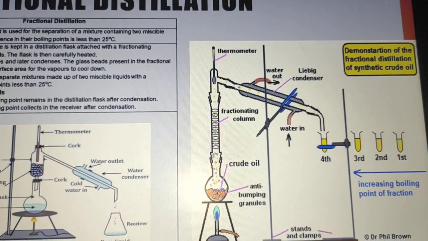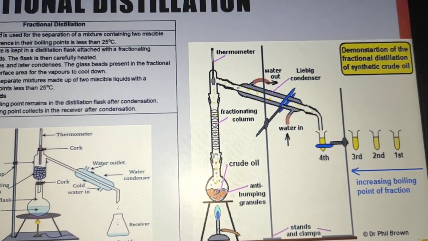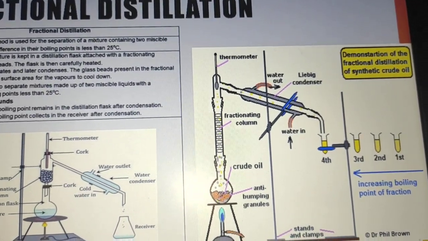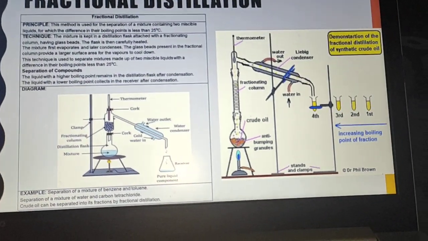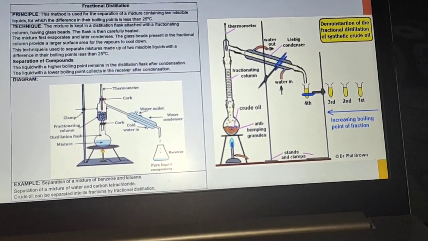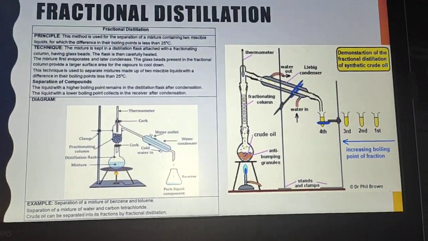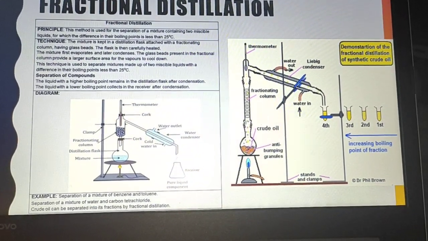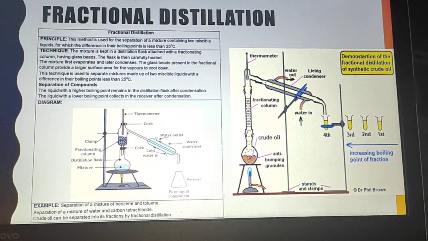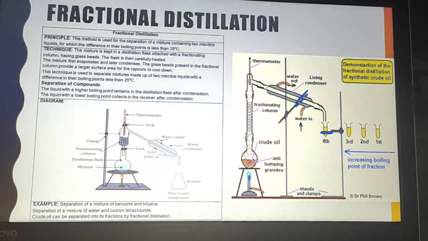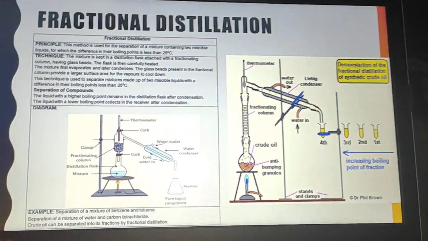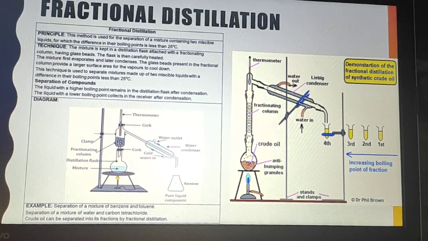So the vapor cools down easily and is then collected in fractions: first, second, third, fourth, and you can estimate the boiling points of the different fractions, and we can separate the components according to their boiling point temperatures. In this way fractional distillation is again a very important technique used at industrial level, as compared to simple distillation. Simple distillation we can use in the lab also.